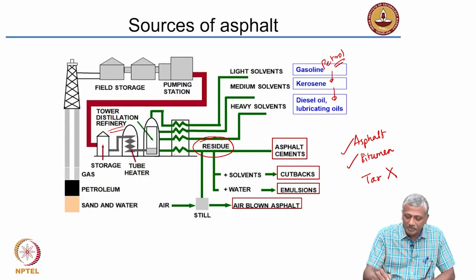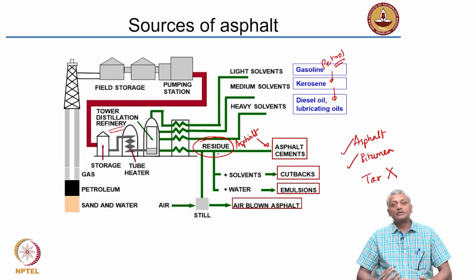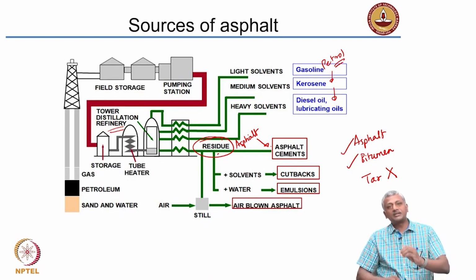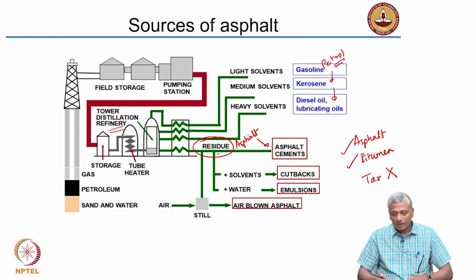Okay. So, the residue is called asphalt, or it is also called asphalt cement. Now, on its own, the residue is not easy to use. It is very viscous. You cannot use it. So, to make it less viscous, you have to adopt different types of strategies. You either heat it up, right? You heat it up and reduce the viscosity, or you